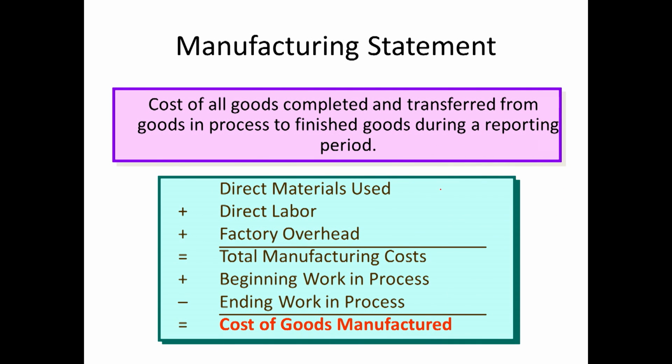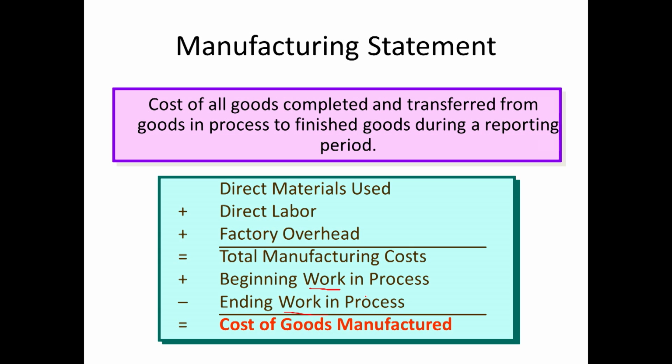Well, in its simplest form, cost of goods manufactured is what is shown on the screen there, which is direct materials used plus direct labor plus factory overhead or manufacturing overhead, same thing. And then we add the beginning work in process or beginning goods in process, and then subtract out the ending work in process or the ending goods in process. And that gives us COGM. I really don't like this slide very well.